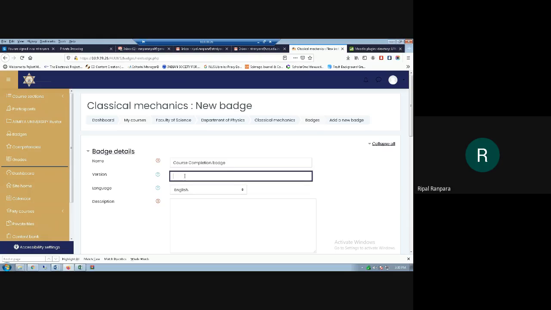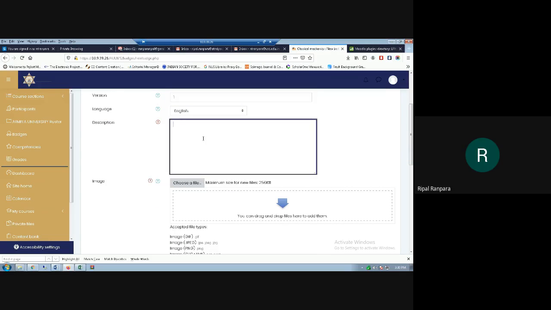As this is our first badge, I'm selecting 1, and a description like, congratulations on completion of this course, and something like that.